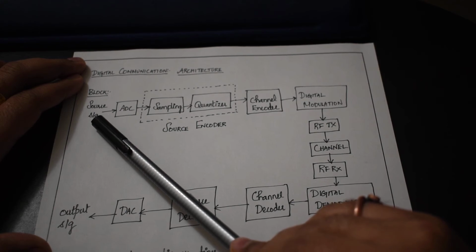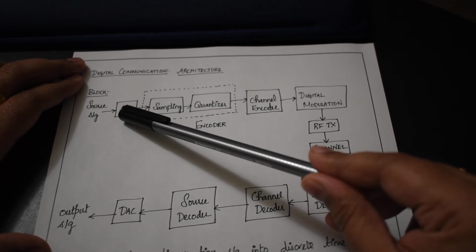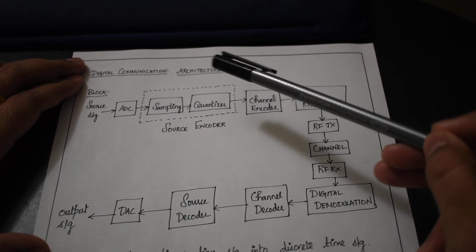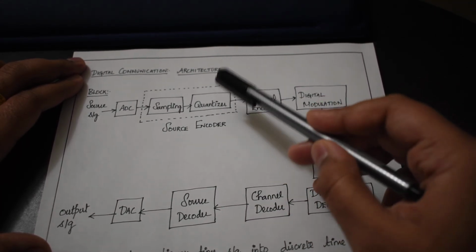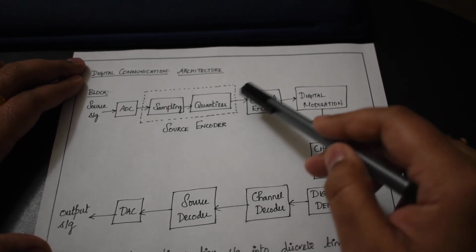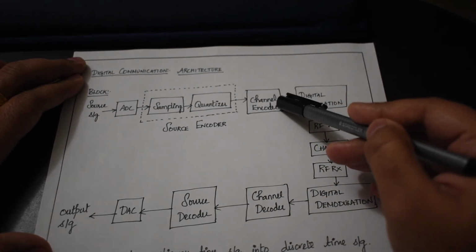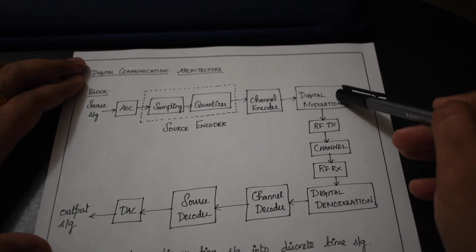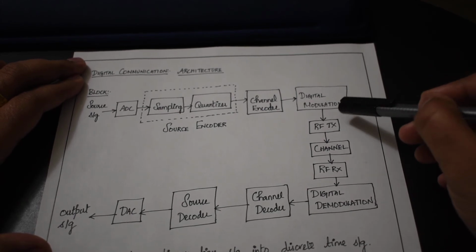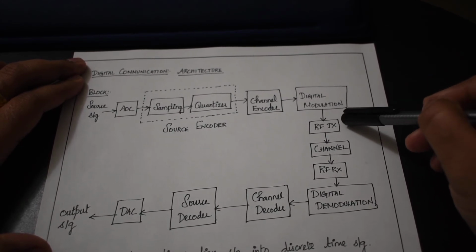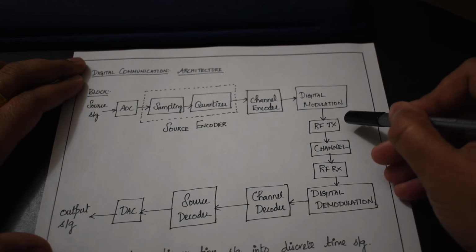So here what we have is the source signal, and we are giving the source signal to the ADC. ADC, as you all know, is the analog to digital converter, and from the ADC it goes on to the sampler and quantizer. These two blocks together are called the source encoder, and from the source encoder it goes to the channel encoder, and from the channel encoder it goes to the digital modulation block, and from the digital modulation block it goes on to the RF transmitter block. For the RF transmitter block, please refer to the third video that we posted, which is the RF transceiver